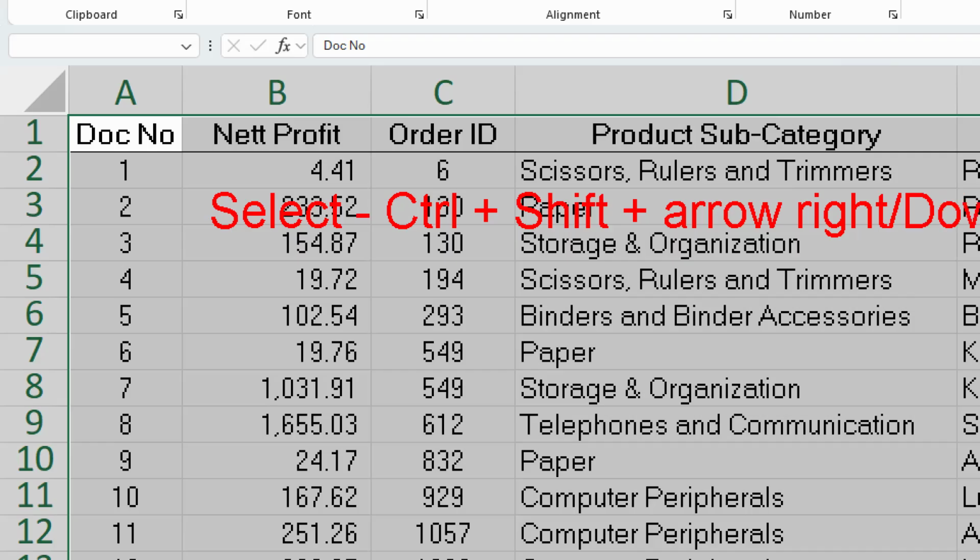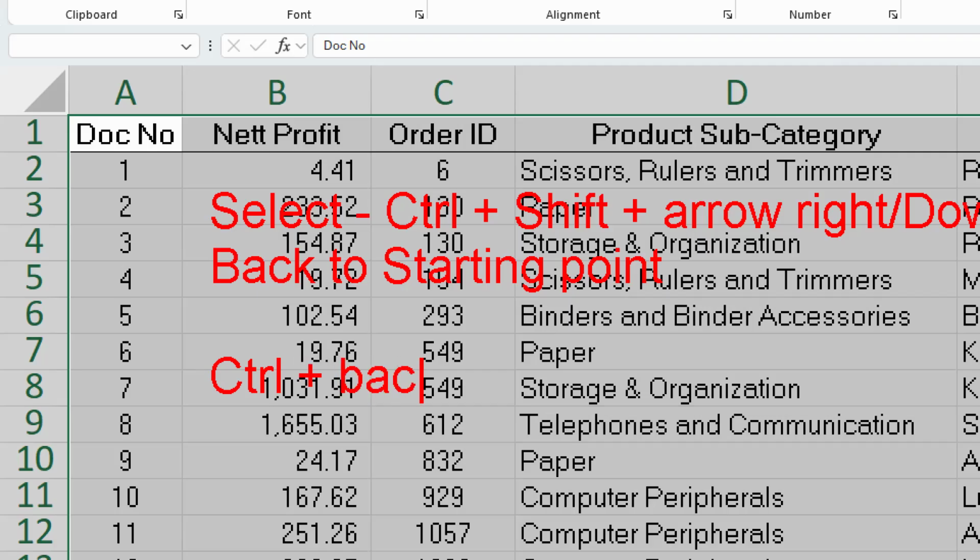To select, we start from the starting point: Control, Shift, arrow right or arrow down. Then we say back to the starting point. In order to go back to the starting point, you press Control plus Backspace. It will move to the starting point, which is A1.